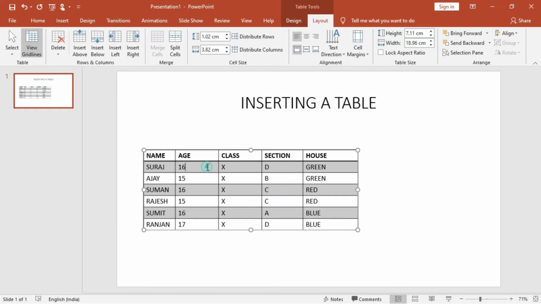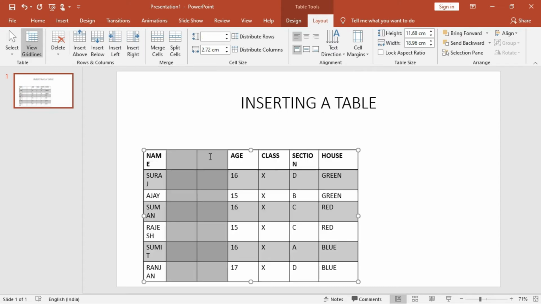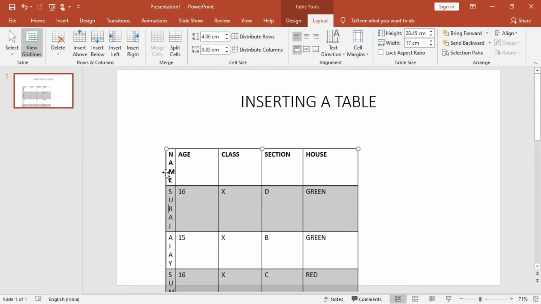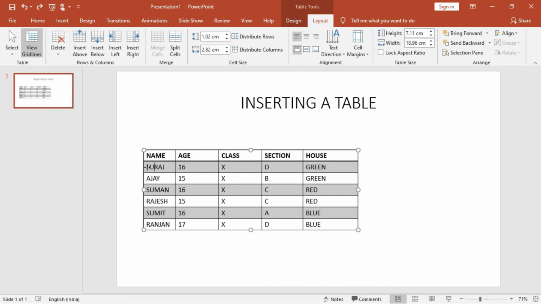So if you are highlighting both these columns and you are inserting a column to the right, and inserting a column to the left, then two will be inserted. Have you seen it? So I'm pressing Ctrl Z to undo this one. And if you want to insert more rows, suppose 3 rows you have to insert, you just highlight the thing out here. Sorry, am I using the mouse? I'm highlighting.